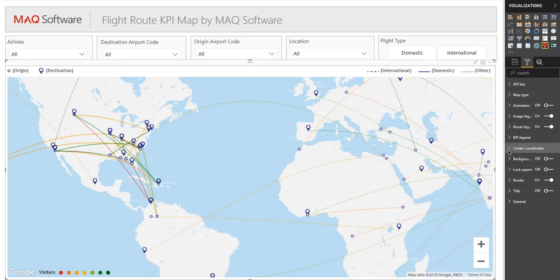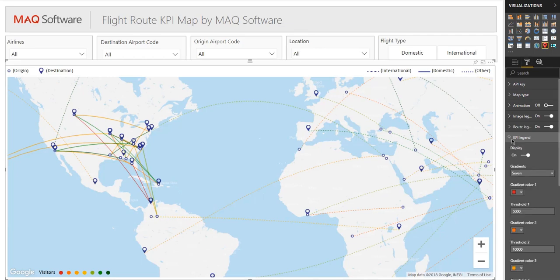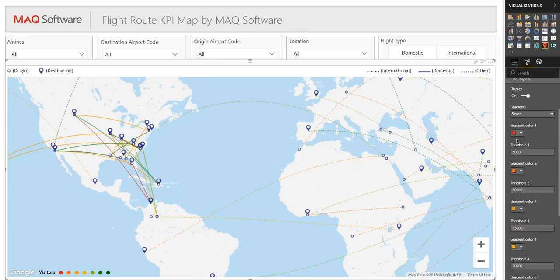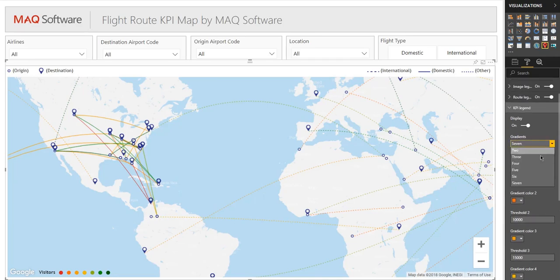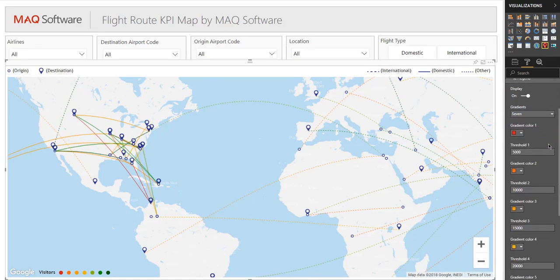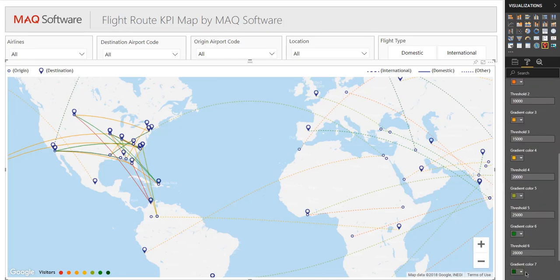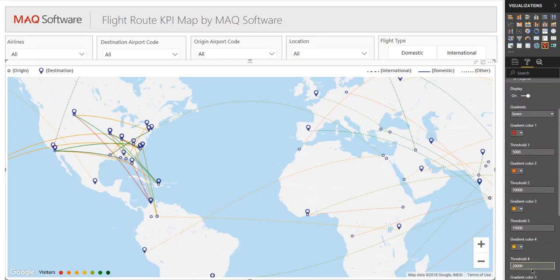You can compare performance between routes based on a color gradient, which by default ranges from red to green. However, users can select the colors of their choice to distinguish between different KPI value ranges. At any given time, a minimum of 2 or a maximum of 7 colors can be allocated to routes. Colors are allocated based on the number of values provided for the KPI data. The same number of colors will be displayed in the legend as well.